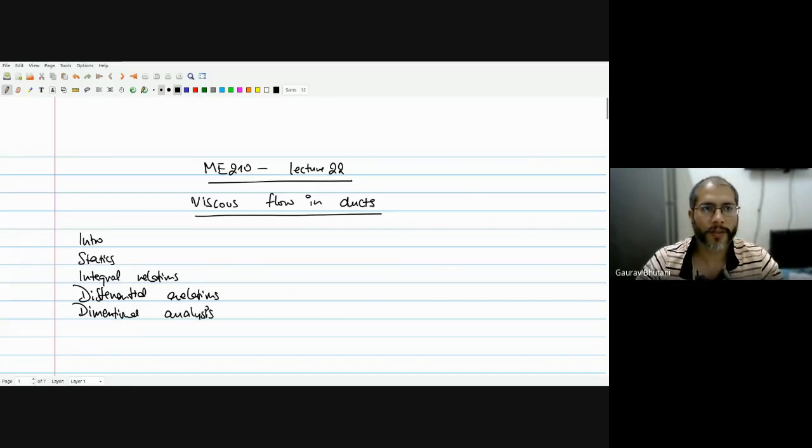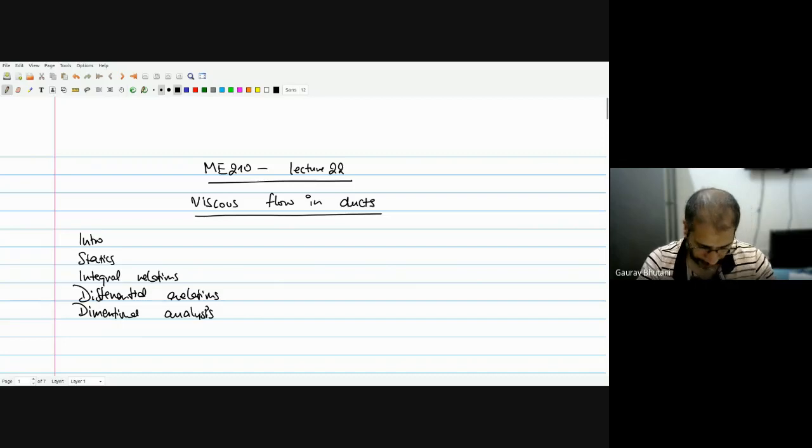In dimensional analysis, we discussed how we can apply the ideas of scale up by doing experiments on small scale models and then learning from those results and applying them on bigger prototypes. So we don't need to actually make prototypes and test them. Rather, we can test on models and then learn something from it. This was called dimensional analysis. The best we could get was the relationship between different non-dimensional parameters. We could not get the actual functional relationship. We could only get that a certain non-dimensional variable depends on some other non-dimensional variables.